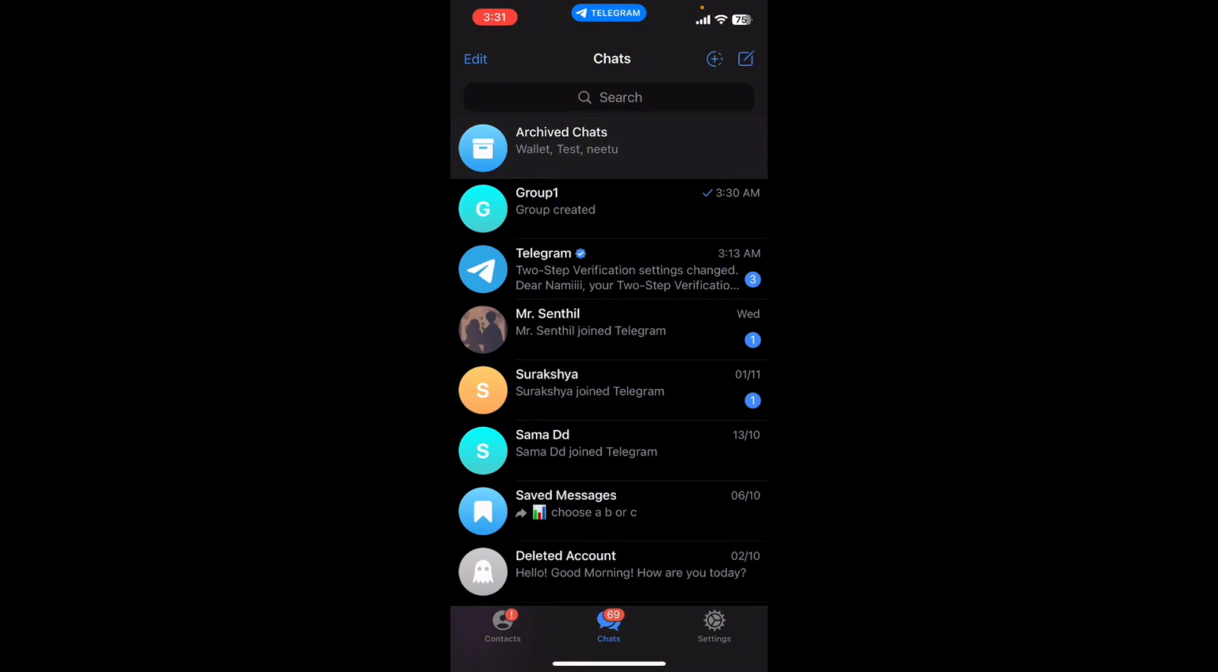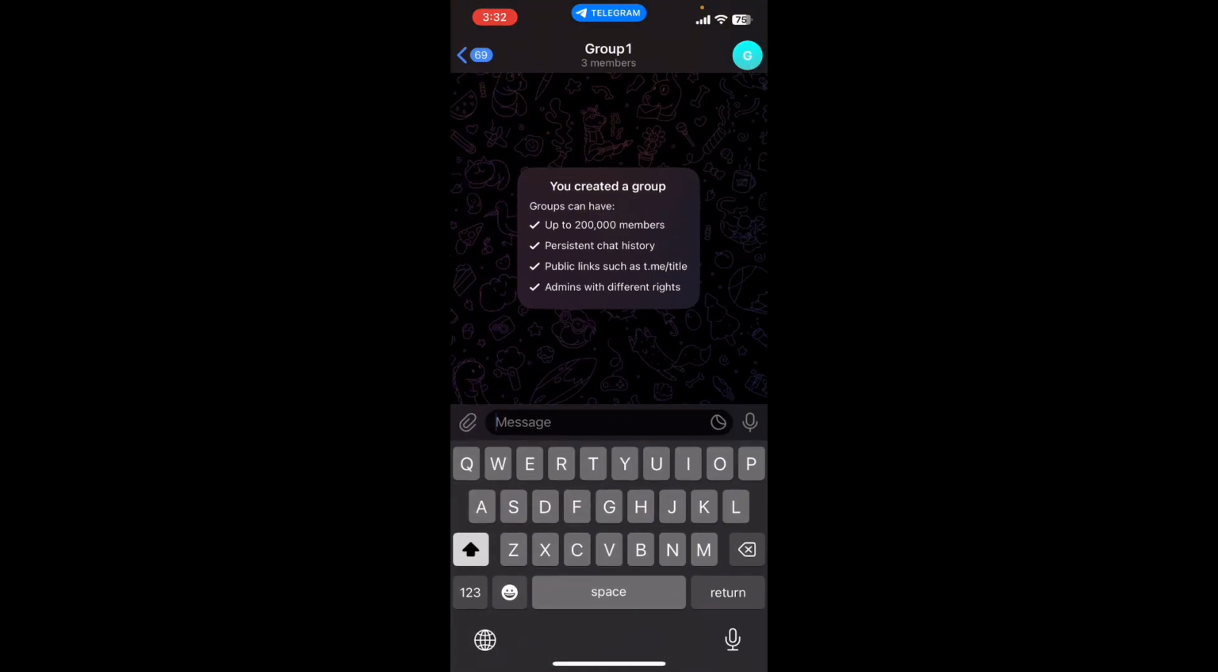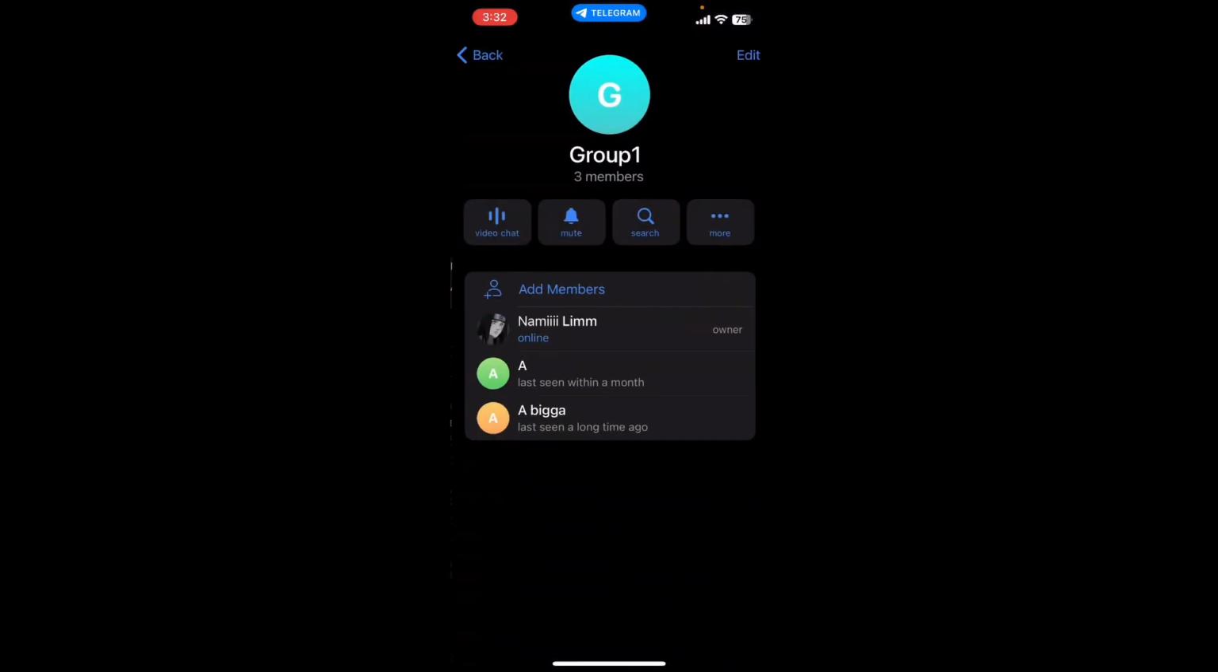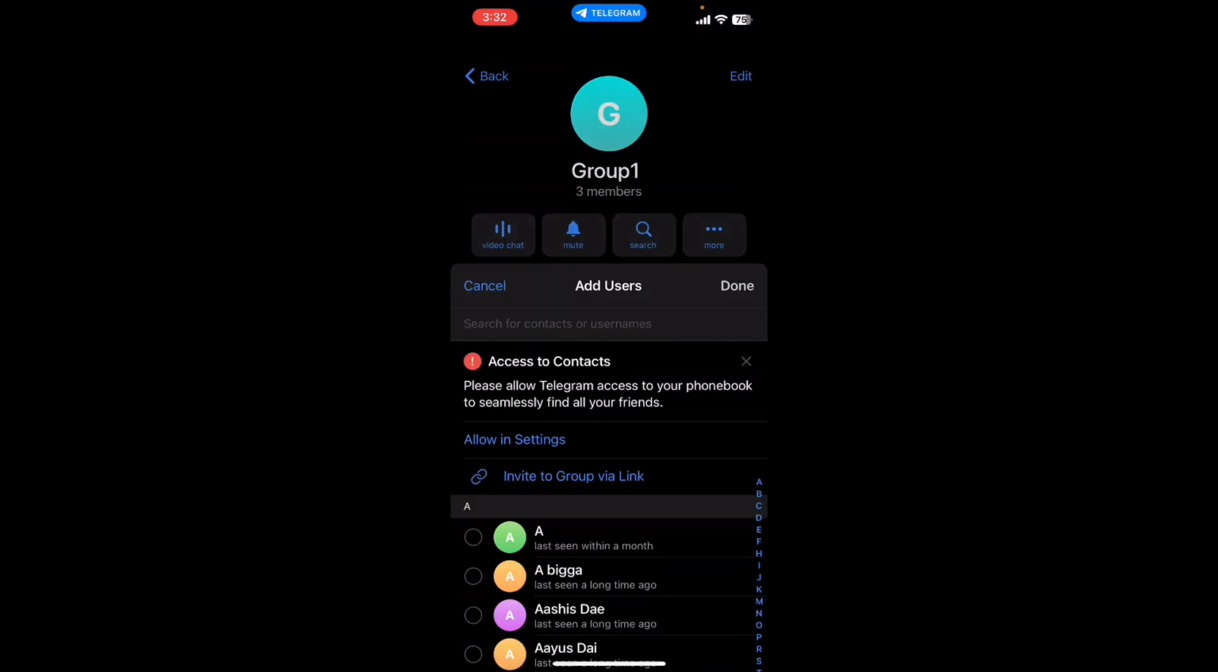Now on the screen, you're going to see options like contacts, chats, and settings. Stay on chats, then open the group that you want to add a new member to. Then on the top right corner, you're going to find the group icon, tap on it, then select add members